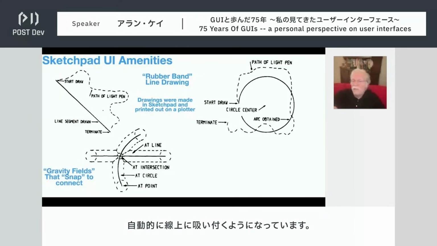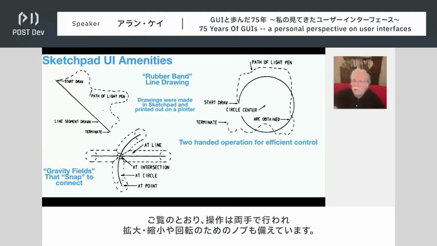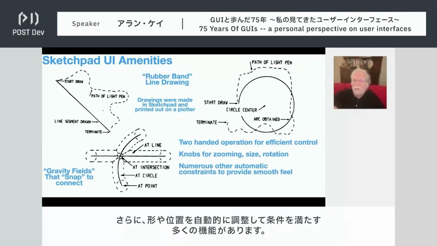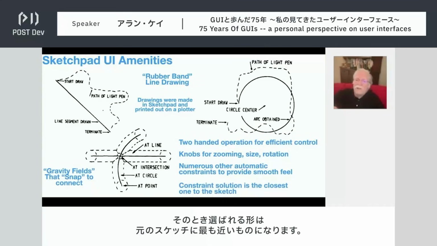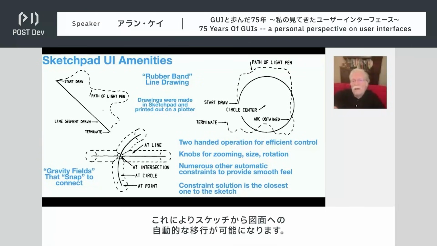When he's close to the lines, the cursor will jump to the line. And you notice it was two-handed operation, has knobs for zooming, size, and rotation, has many other constraint solving properties. And the solution of the constraint is the closest one to the initial sketch. This allows the sketching towards a drawing automatically to work.